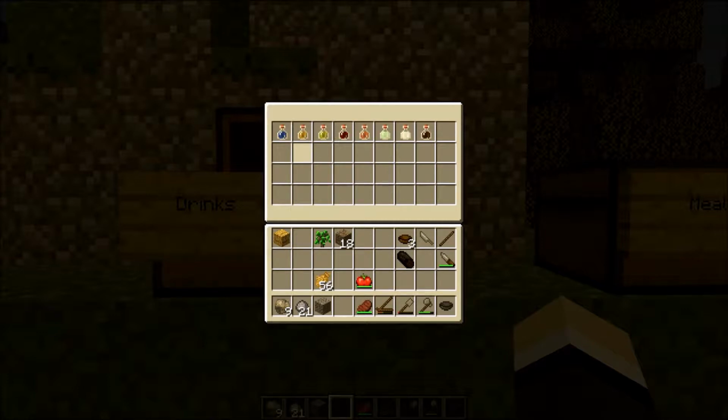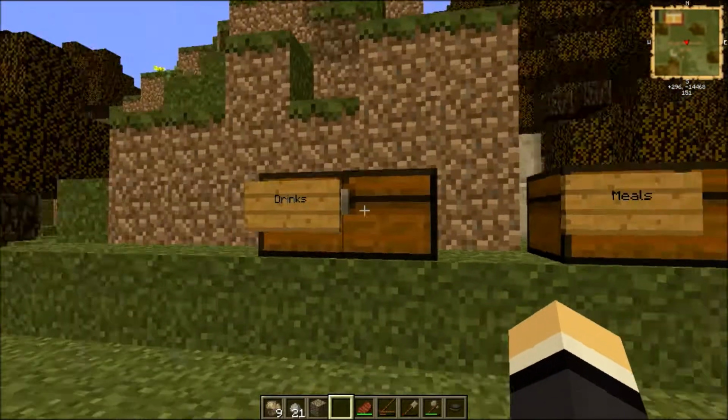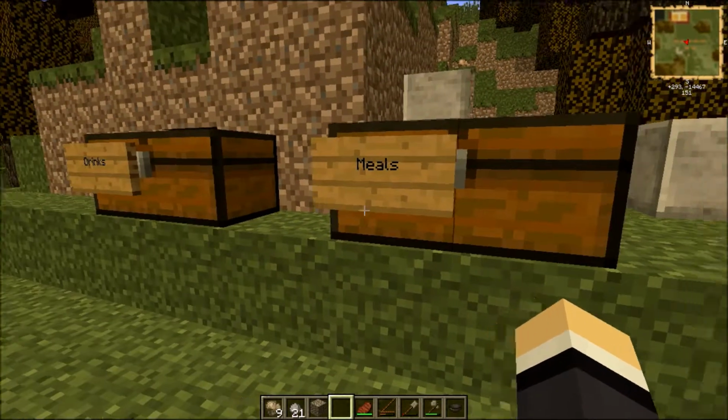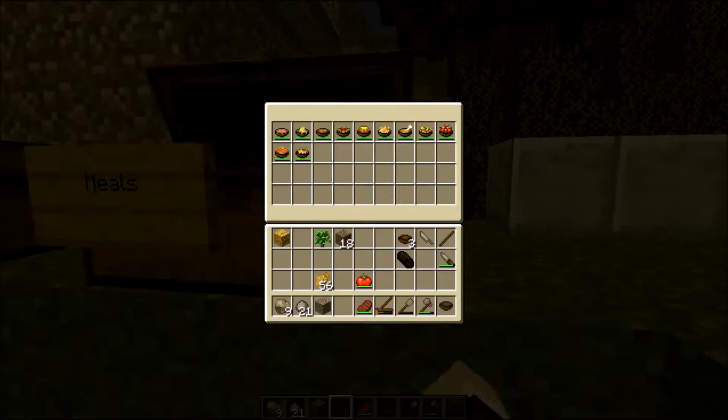Now, the drinks you can make are beer, cider, rum, rye whiskey, sake, I believe, vodka, and whiskey. Now, the process for those, I actually do not know, but if you check the Terrafirmacraft wiki, it will have it on there. Now, another thing you can make are meals. Meals are